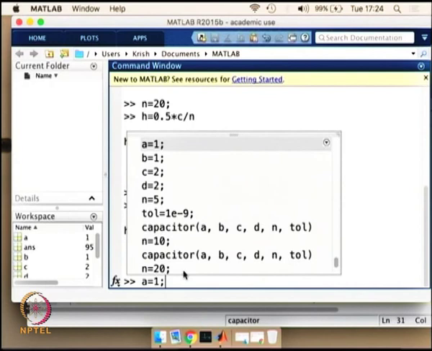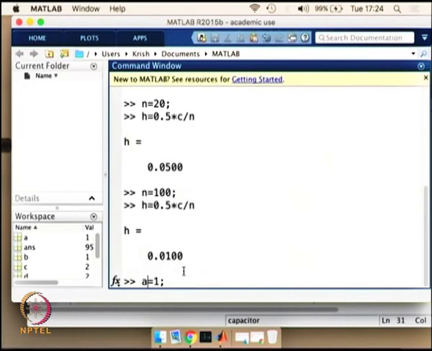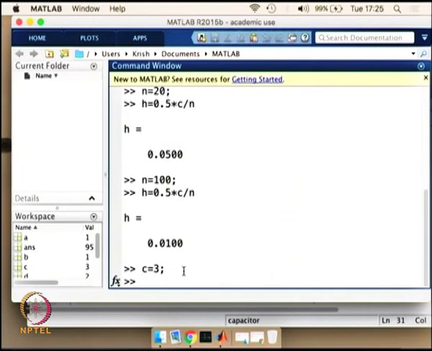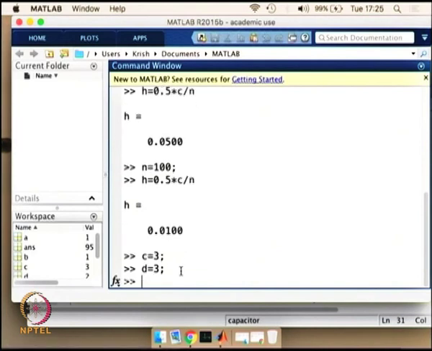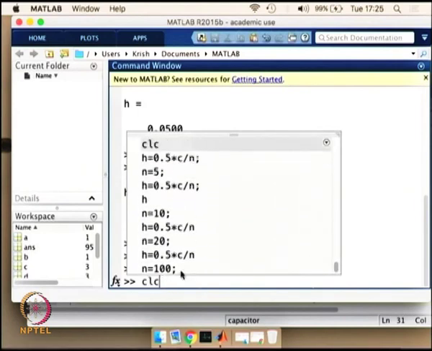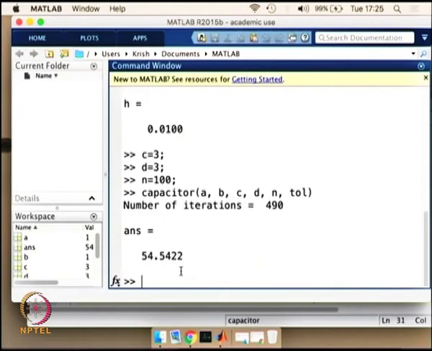And obviously we can run the same problem for various values of A and B, C and D. For example, if I choose A and B as the same, whereas I change C to be 3 and D to be 3 as well, and the rest of the values, n is equal to, let's say, 100, and I am running the code again, you see that the capacitance value is changing accordingly,